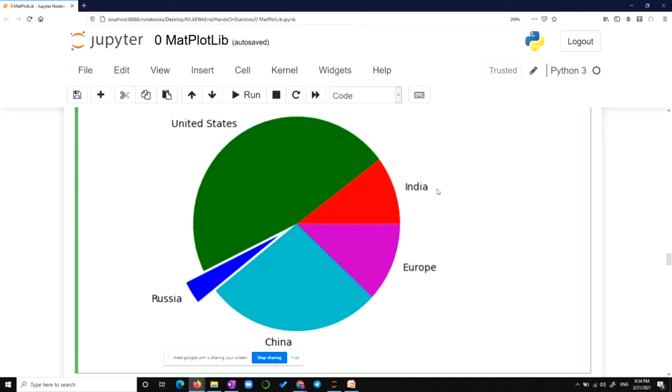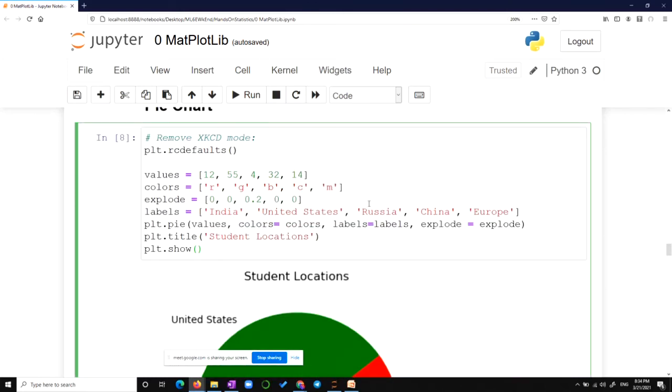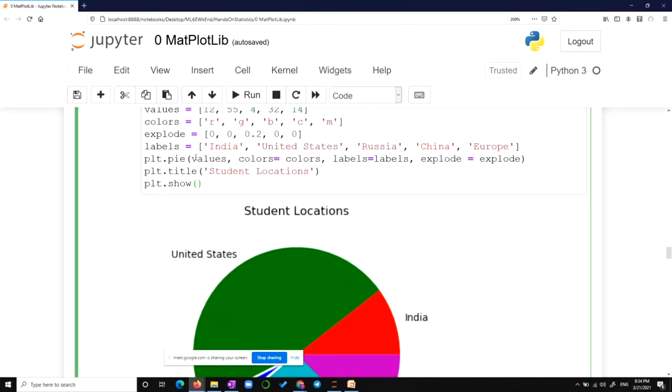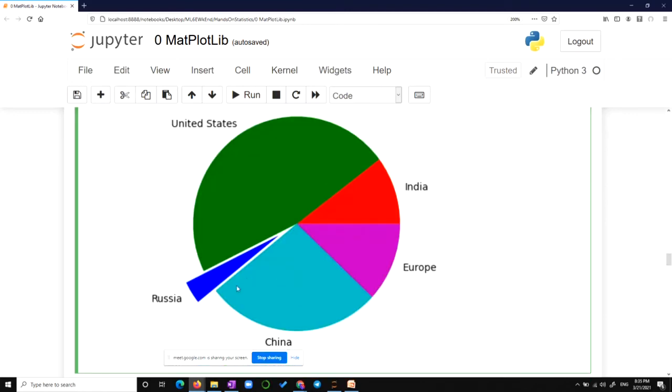Correct? To plot this, if you want to hand draw this, what do you need? You need the names of these, and you also need how much information is here. All of that is needed. So we need to be able to tell Python that these are the values. For that, we are going to use plt.pie, another function, where we give it values, colors, labels, and also what kind of pie chart it is. It's an explode pie chart.